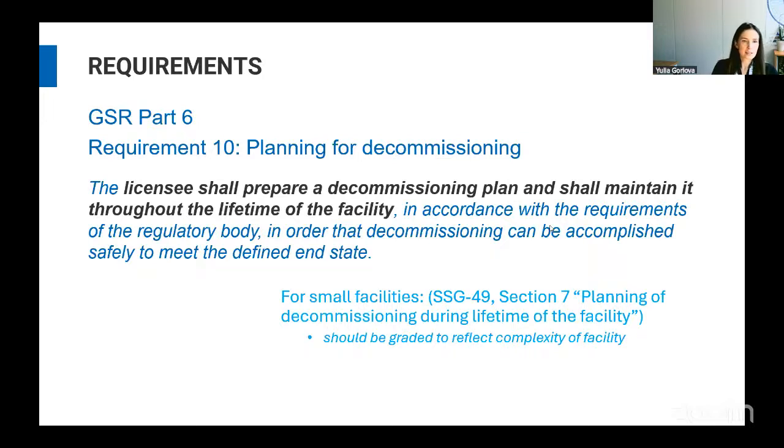It states that the licensee shall prepare a decommissioning plan and shall maintain it through the lifetime of the facility in accordance with requirements of the regulatory body, in order that decommissioning can be accomplished safely, to meet the defined end state. So basically that describes what needs to be done. It explains that